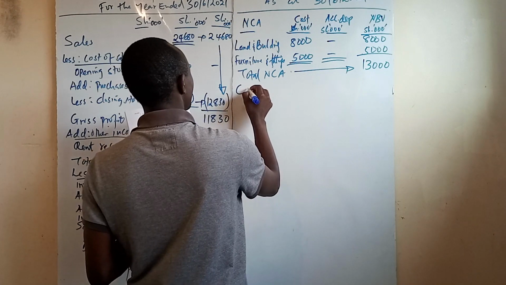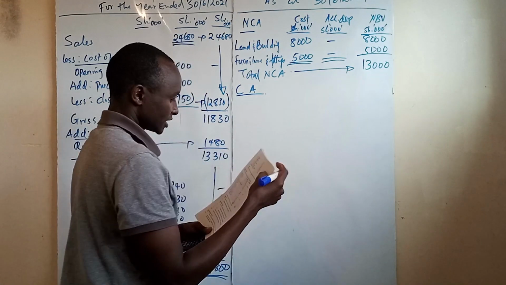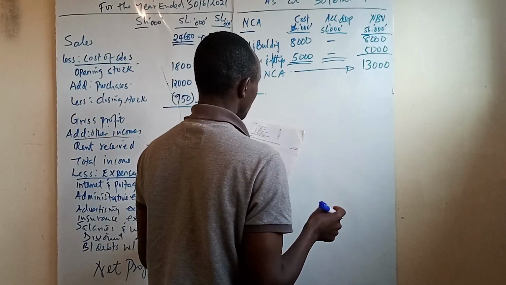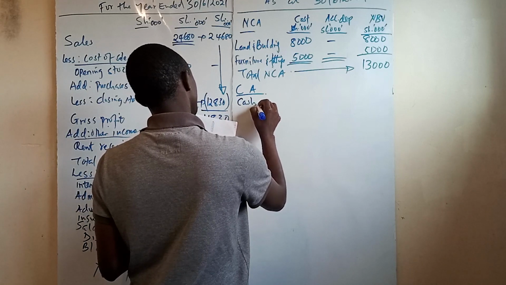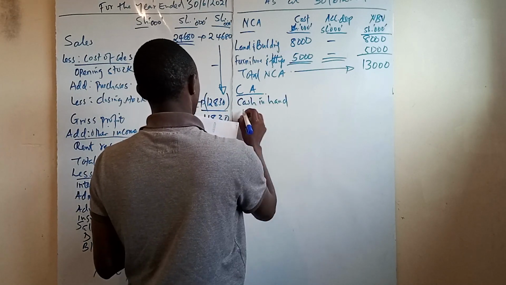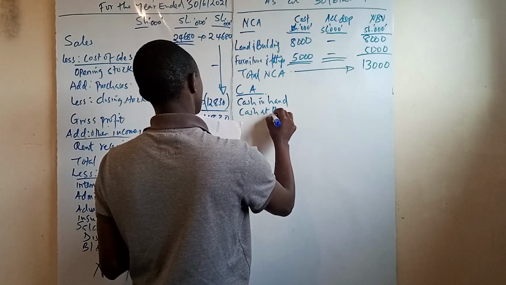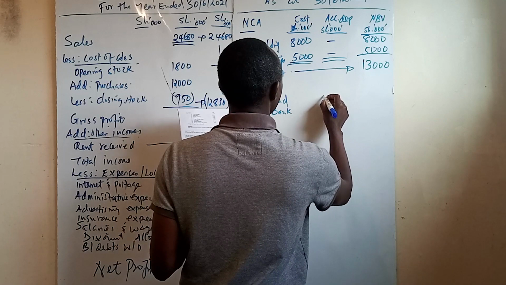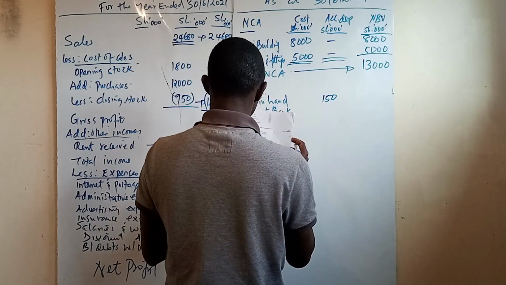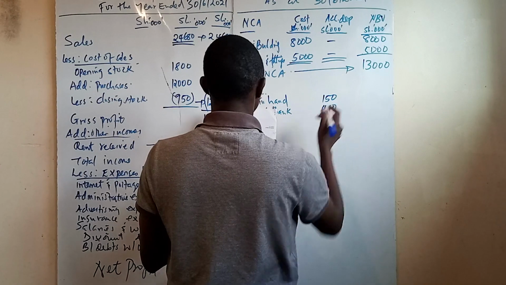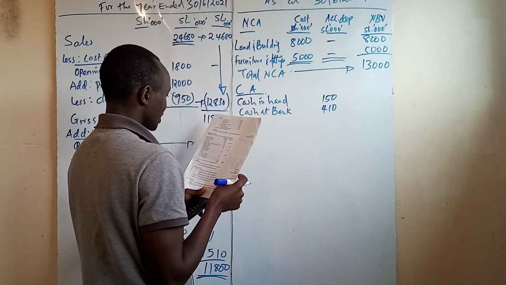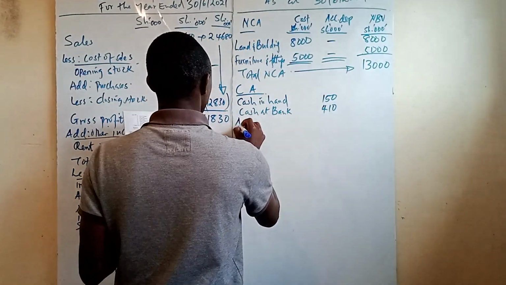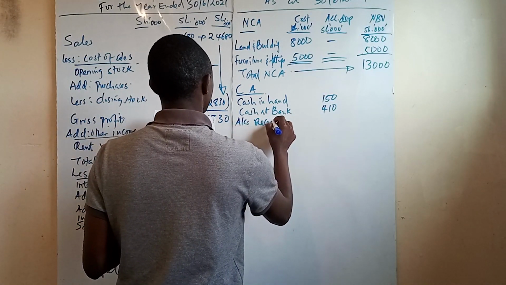And then we come to current assets. We have cash in hand. I told you start with the most liquid, cash in hand. Then we have cash at bank. Cash in hand is 150. Cash at bank is 410. Then we move to accounts receivables. Accounts receivables are debtors. These are assets. So accounts receivables